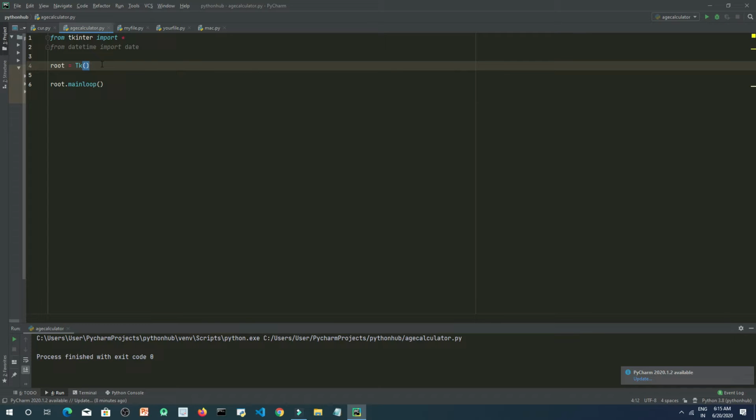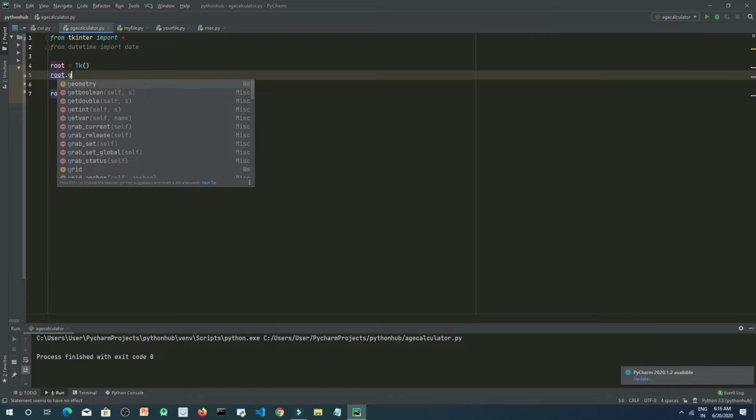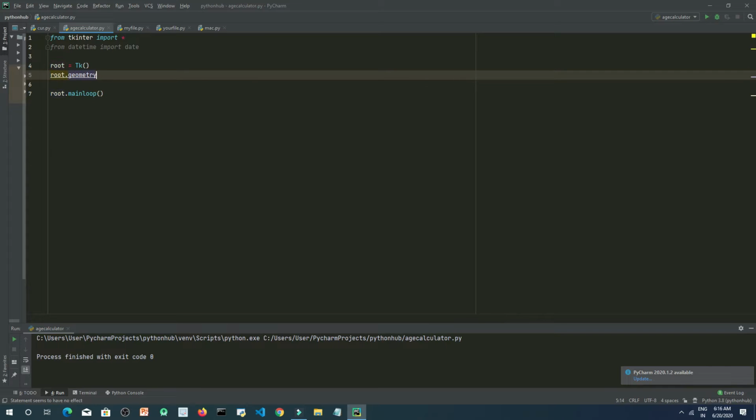So now let's define the geometry and the title of the GUI. To define the geometry, just type root.geometry, and inside this we need to type the width cross height.